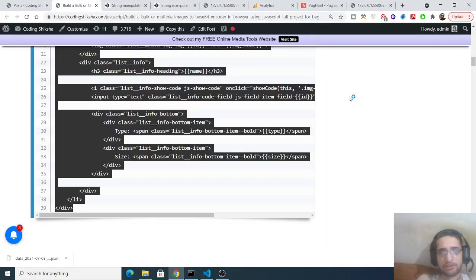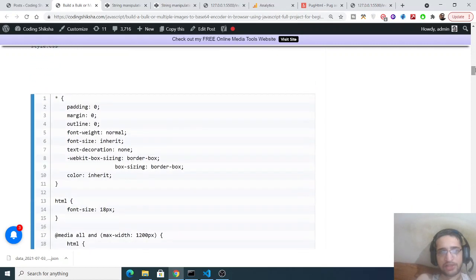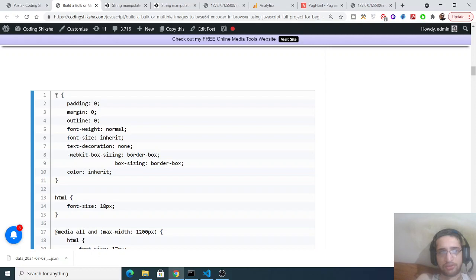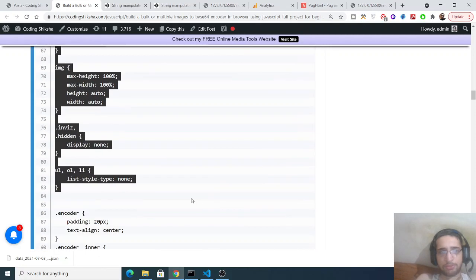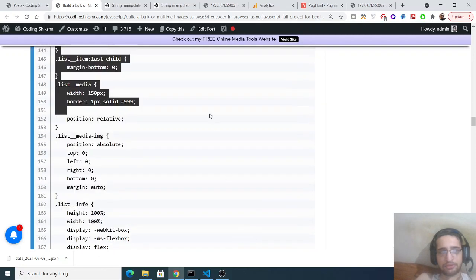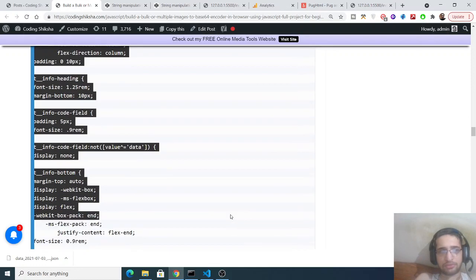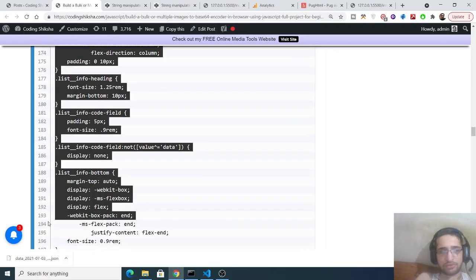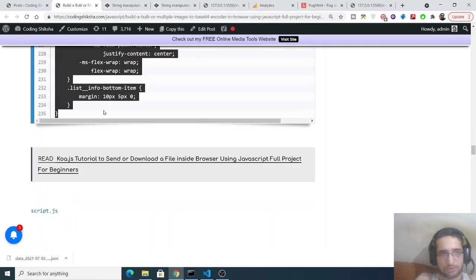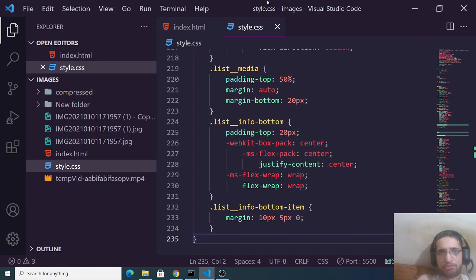So if you scroll down, you will see the style sheet code, which is style.css. Again scroll down, copy all this code, Control C, and just paste it.